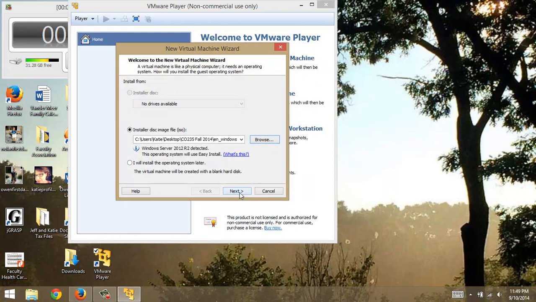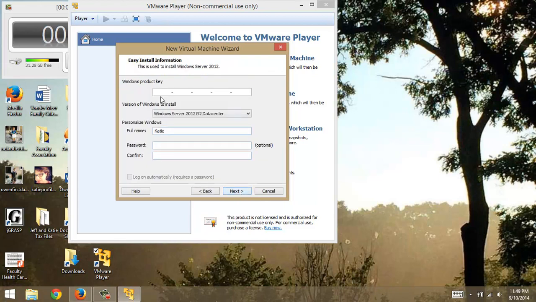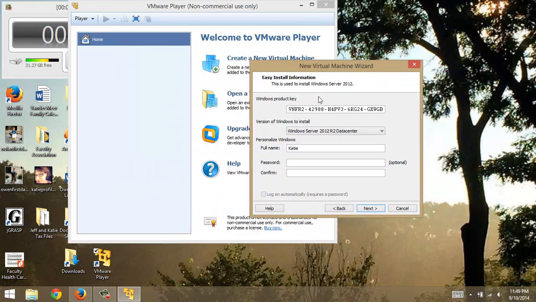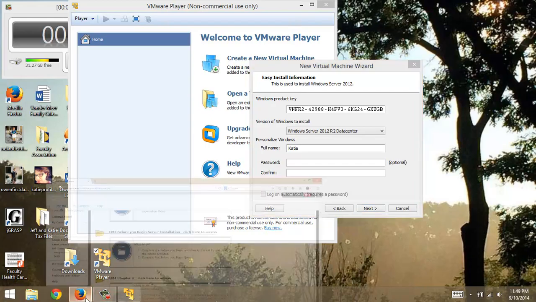The next steps are pretty much the same. So there we go. I'm going to put in my product key. My product key I have from, I don't think it'll allow us, don't use mine, use your own. And the product key I got from DreamSpark. So when you log into DreamSpark,